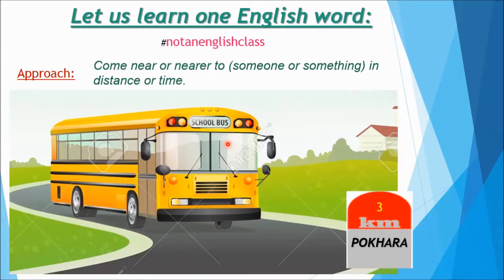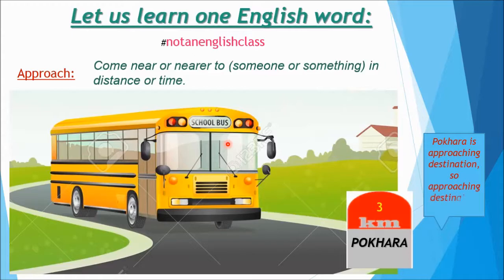Still there are 3 kilometers remaining for Pokhara. You can see on the kilometer stone, but the actual destination, the location of the school, is 300 meters before Pokhara. Understand? Before Pokhara, 300 meters before Pokhara. That means the bus does not have to go to Pokhara. Now let's see. Pokhara is the approaching destination. It's not the actual destination. The bus is moving towards Pokhara. The bus will be near or nearer to Pokhara. So the approaching destination is called